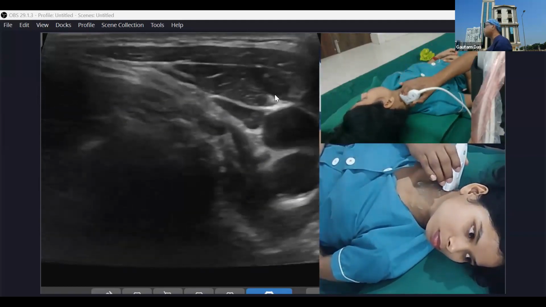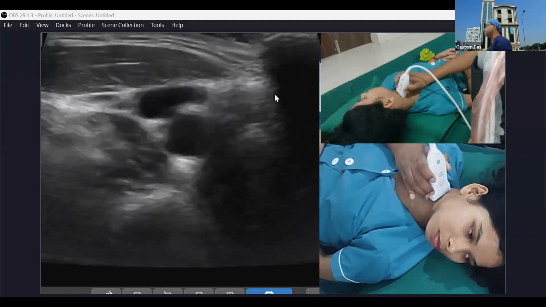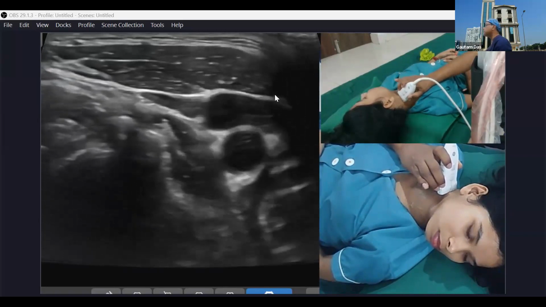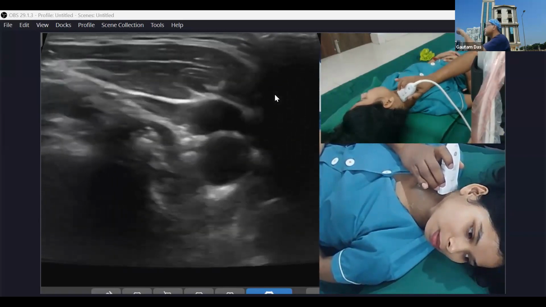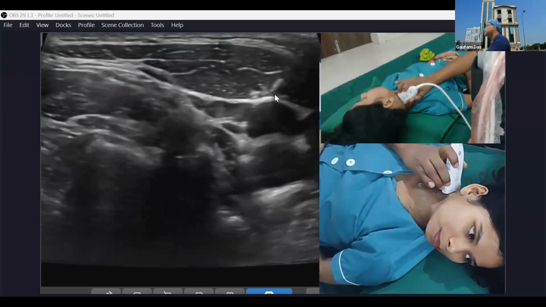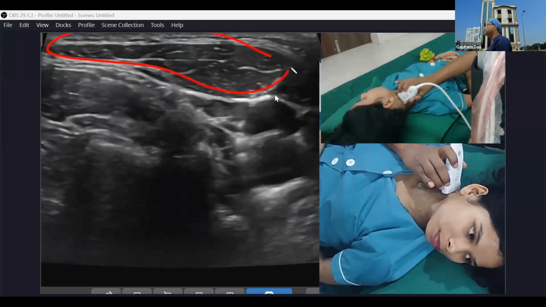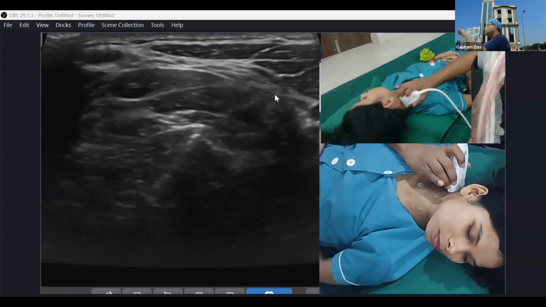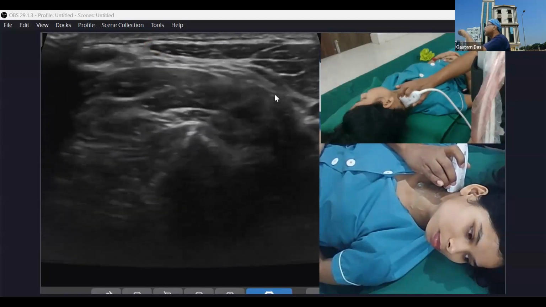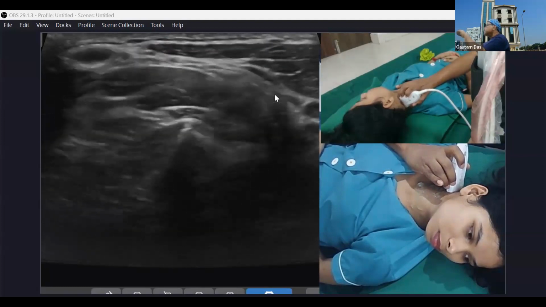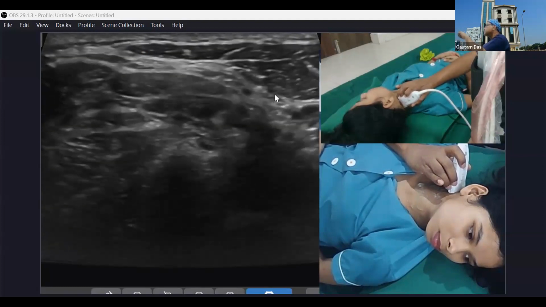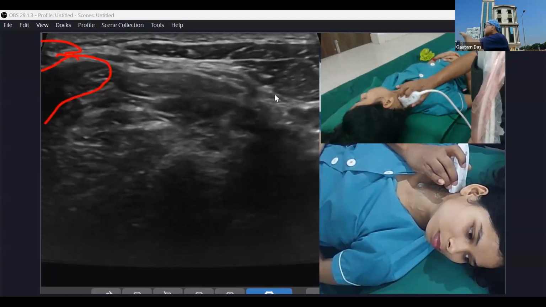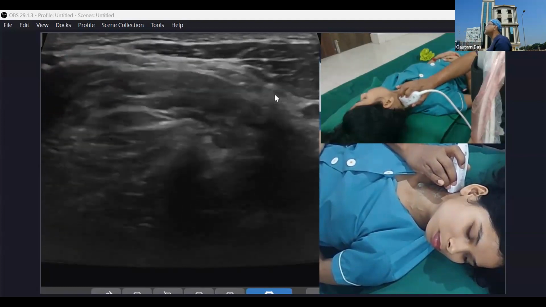So sternocleidomastoid muscle is here. So we demonstrated the posterior sternocleidomastoid. So this is your sternocleidomastoid muscle. So I'm going posteriorly. So this is the posterior part of the sternocleidomastoid muscle. And beside that, the muscle which will be coming, as I told you, is the levator scapulae muscle. This is your sternocleidomastoid, the trapezius muscle. So now, if I am searching there,